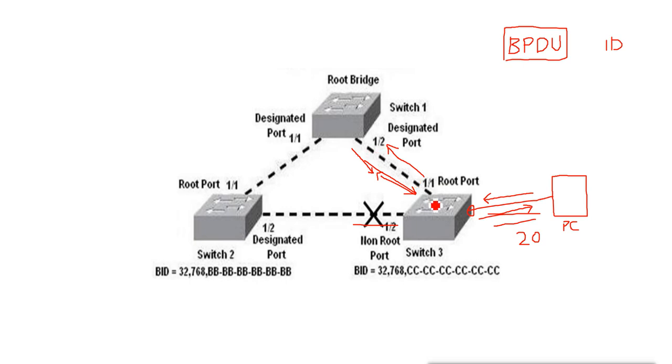But till now there is no forwarding. That means if a PC is connected to the switch and tries to send any data, it will be blocked. The data will not be accepted by the switch. Why? Because the port was in blocking state, and now it is in listening state. Till now it will not accept any packet from that port, whether it is connected to a PC or to another switch. It will only accept and send BPDUs.